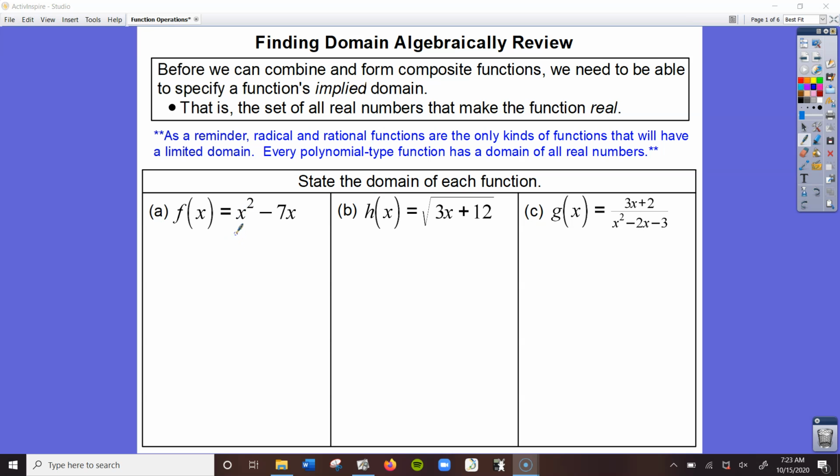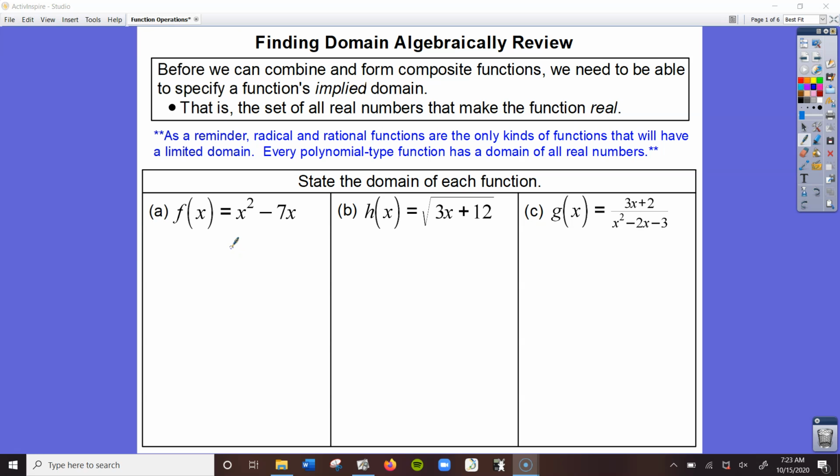Hey guys, today we're going to be working with functions and performing operations, meaning that we're going to add, subtract, multiply, and divide functions. And then additionally, we're also going to find the domain of the new function. So in order to do this, we're going to review how to find the domain of any type of